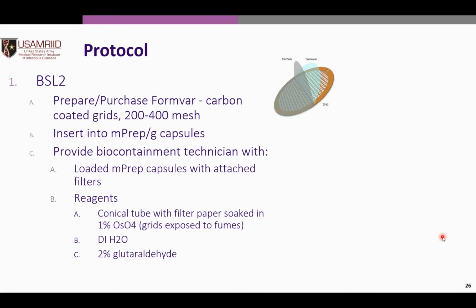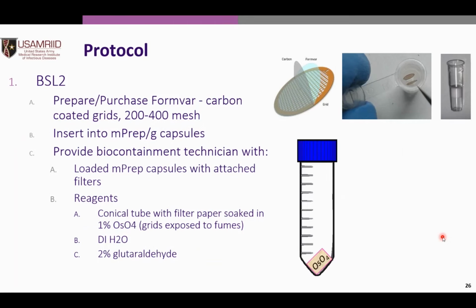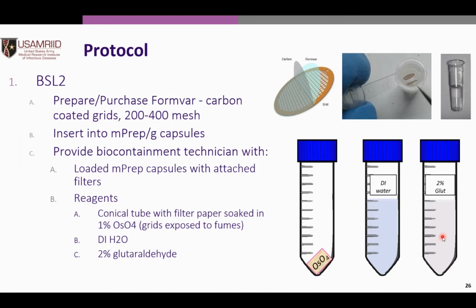formvar grids with carbon coat on them. We would load 2 of those into an mPrep grid, and the filter would also be provided to the technician going into biocontainment. And we also provided those technicians with all the reagents. So we would give them a conical tube with 1% osmium tetroxide soaked filter paper, DI water if they didn't have access to it in the suite, and then the 2% glutaraldehyde they were going to need for that 20-minute